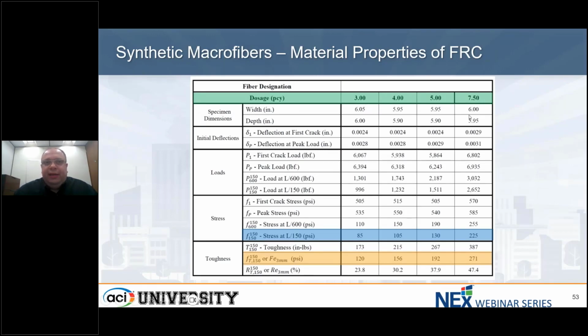That's what you see above. And then the FD150 value, that's what you see here as 150, would be reported for each dosage. And then the FE3 also is reported in the reports for a fiber, and the RE3 value below that, in orange. So this is typically the type of reporting or testing that we would do to be able to determine the dosage for a certain application